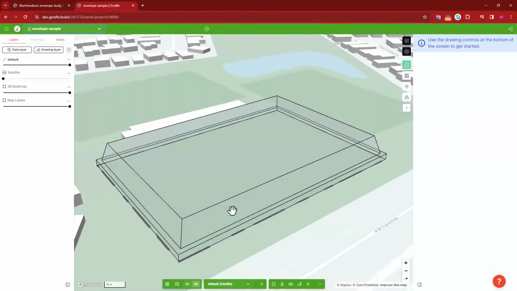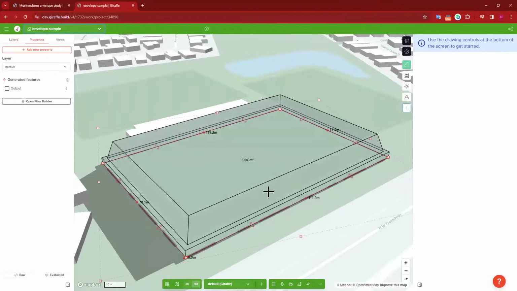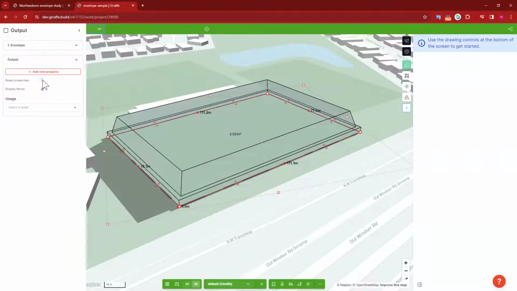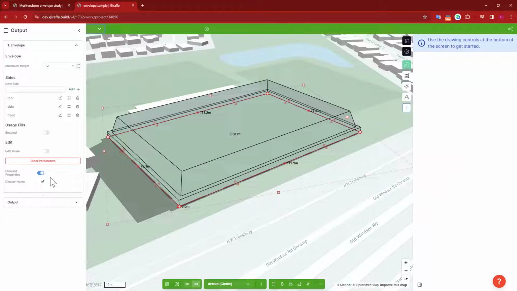Great. So, new envelope incoming. It is still a generative transform, so you will get to it the same way that you do today, where you create a polygon, add the generative transform. But what's new is once you jump into those envelope settings, you're going to have, first of all, more options. So historically, right now, you only have the availability of doing a front, side, and rear on your